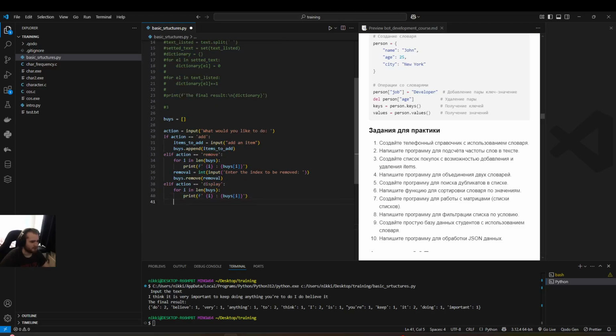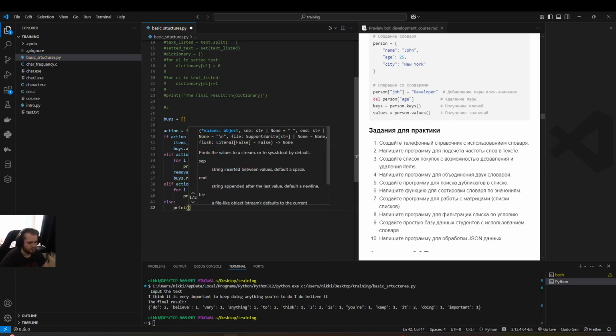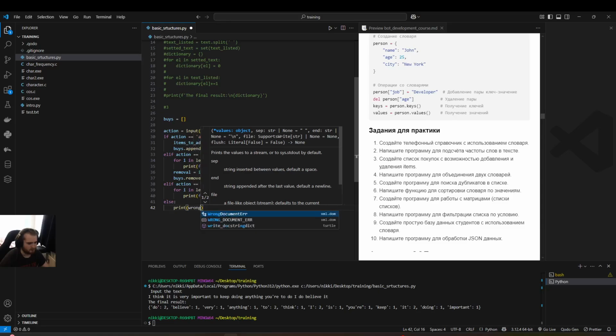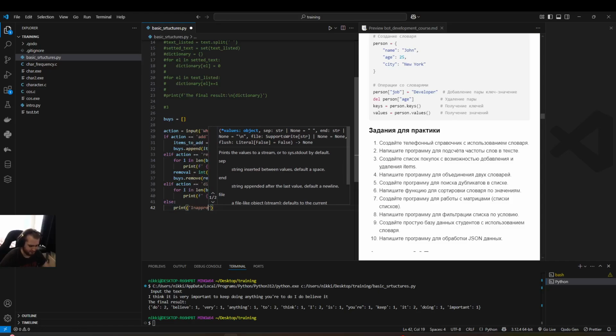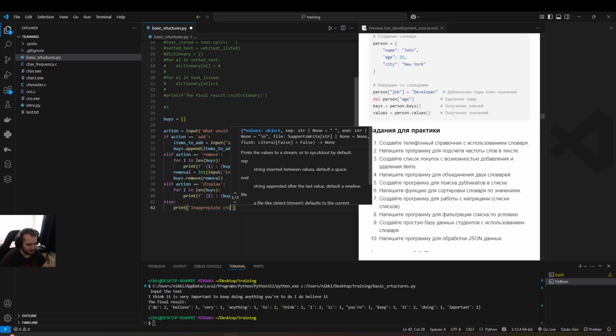And else, no, not here. Print wrong, inappropriate choice. So in here,